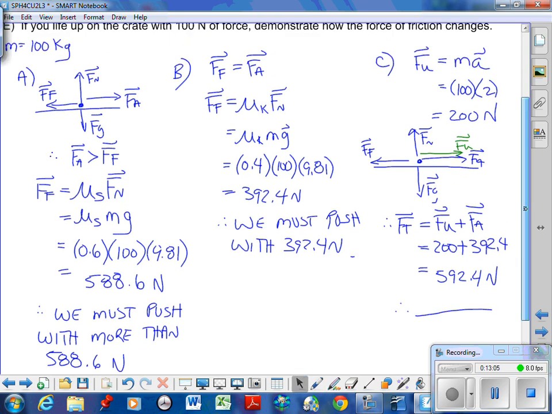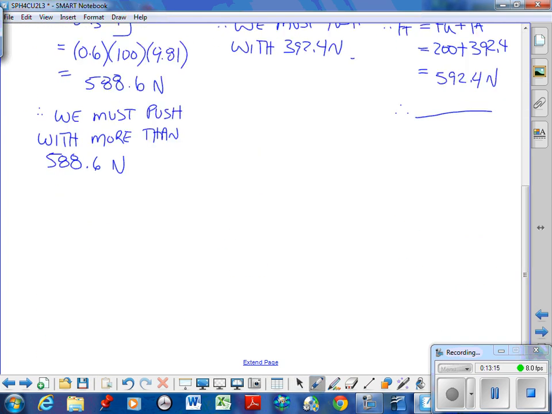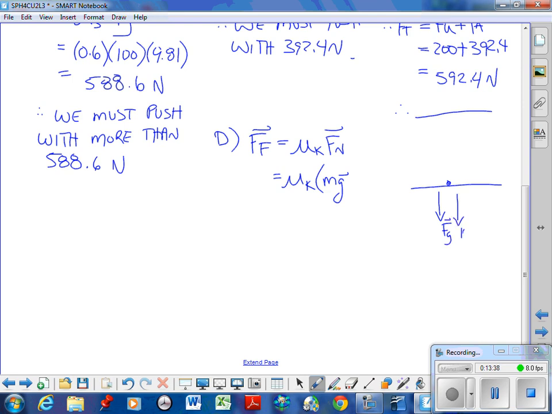Part D: if you push down on the crate with 100 newtons of force, to demonstrate how the force of friction changes. It doesn't matter whether we do kinetic or static here, so let's pick kinetic because it's on the move. The normal force, this time it's going to be our kinetic, and in here it's going to be mass times gravity. Again, we have gravity pushing down, F_g, and now we're applying 100 newtons on top of that. So we're going to have to add 100 newtons to balance out the normal force. So doing our substitution, 0.4 times 100 times 9.81 plus the 100, we find that our frictional force